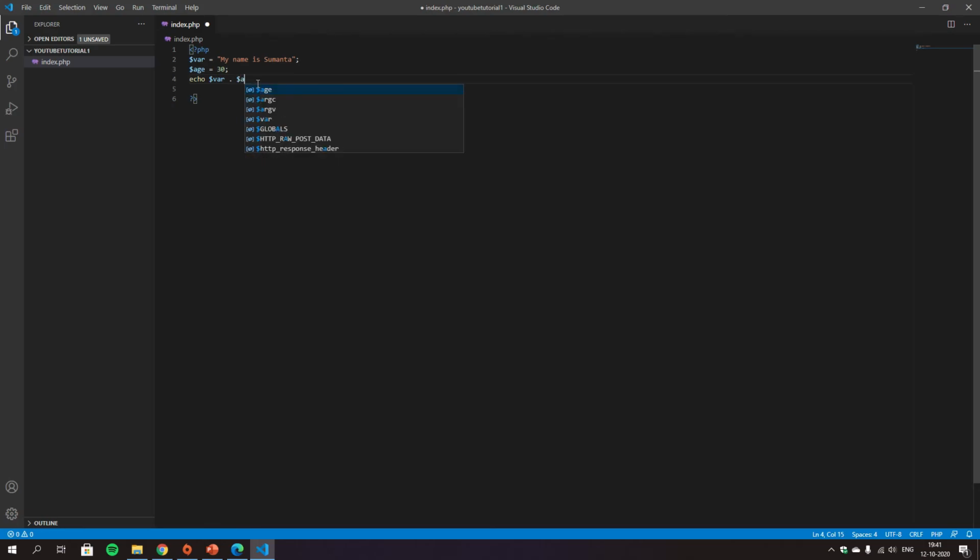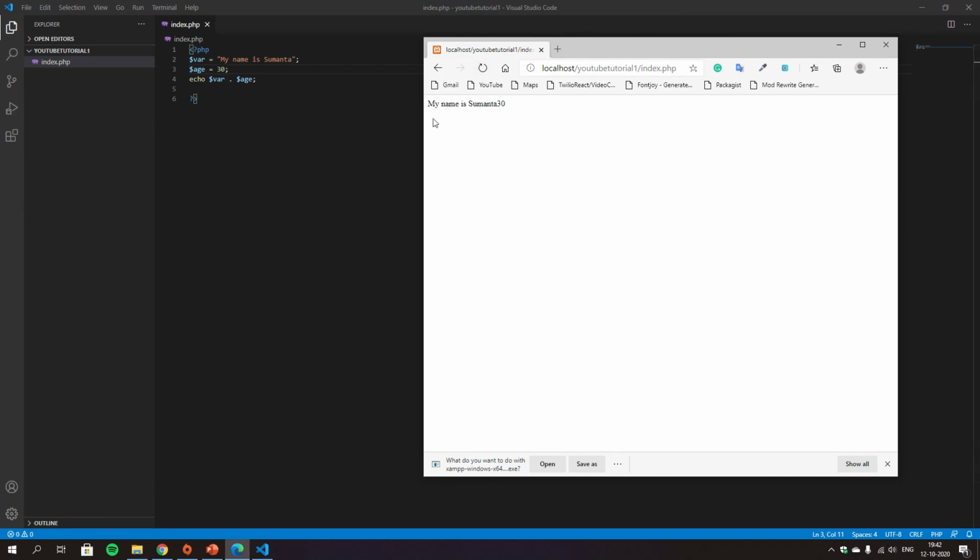So what is the dot here? The dot means concatenate. That means we are concatenating $var and $age. So this way we can display both of the variables. It will display like this: my name is Sumanto and 30. If you refresh it, you can see my name is Sumanto and the age is 30.